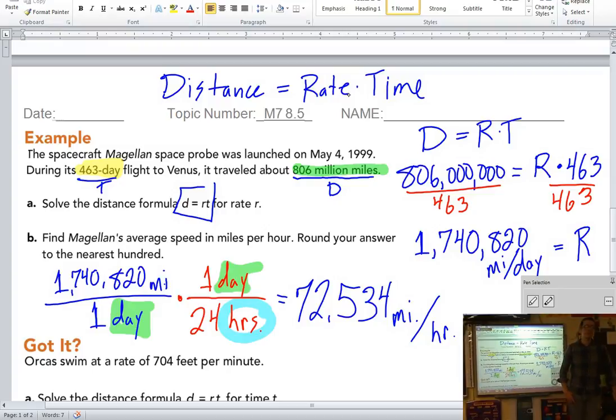So take the speed that your parents drive, multiply it by 10, then multiply by 10 again, then multiply by 10 again, and that's how fast the space shuttle is. They're 1,000 times faster than your car on the highway. That's insane, guys. You're like stuck to your seat at that speed.